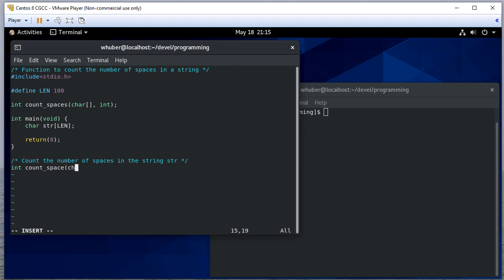and as a reminder, when we pass an array as a parameter, we don't get the size of the array, so we're going to pass that as a parameter. We're going to initialize the count to 0, and we're going to return that value. So now,